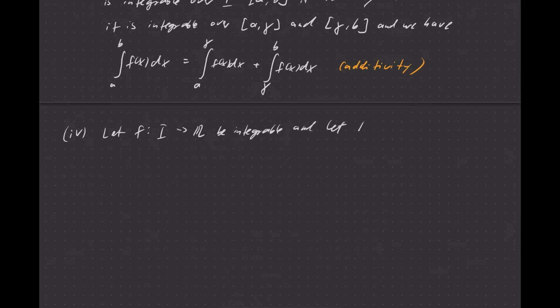And let two real numbers, small b and capital B, be given such that small b is less or equal to f of x, and that is less or equal to capital B, for all x in the interval I. Then the following inequality holds: